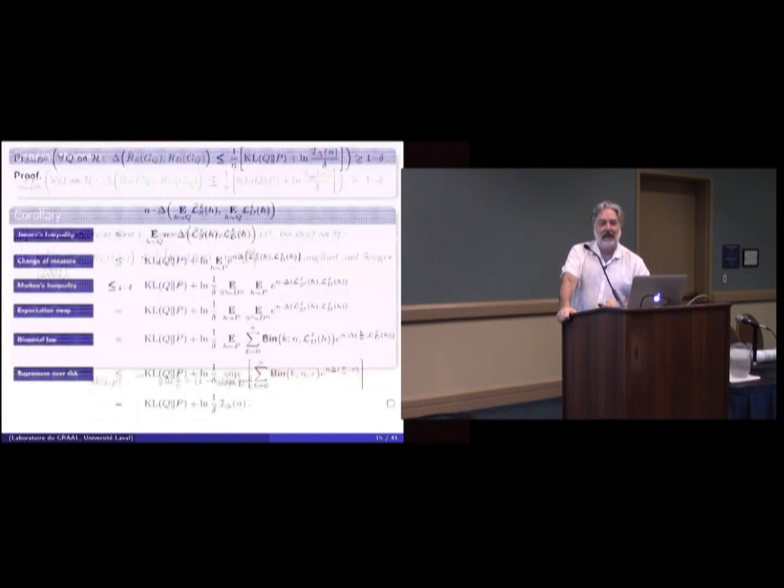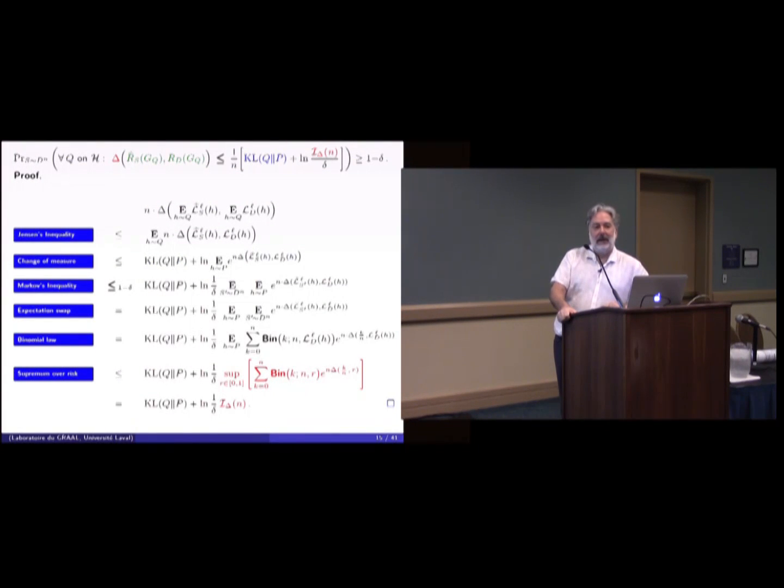So when you apply Jensen's inequality, do you assume convexity in both the arguments simultaneously? See, when you apply Jensen's inequality, do you assume that the function delta is convex in both the arguments? Exactly. Yeah, so it's convex on both. Yeah, it has to be. Can you repeat the question before answering? Okay, so the question was, my assumption about delta is to be convex on both arguments, not only on one at a time, right? Otherwise, this would not be true, right?